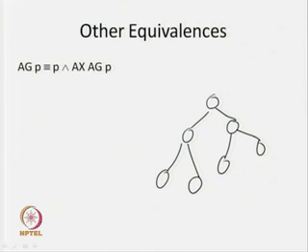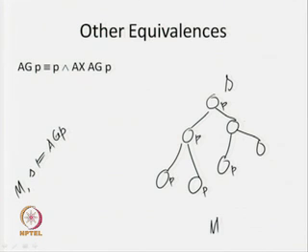Okay. So, the first formula we are saying is A G p. Now, if I take a model, explaining with the help of a model only, then it will be clear to you. Say this is your S. I am going to ask whether in this particular model M, in state S, A G p holds. Okay. That means in all paths globally p must be true. That means we can say that this A G p will be true in this particular state if p is true in all those states.